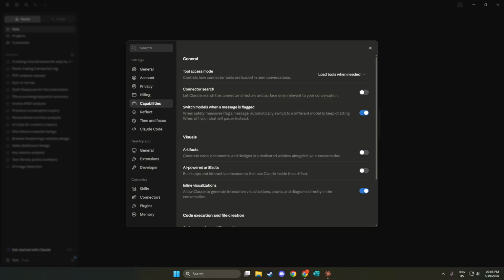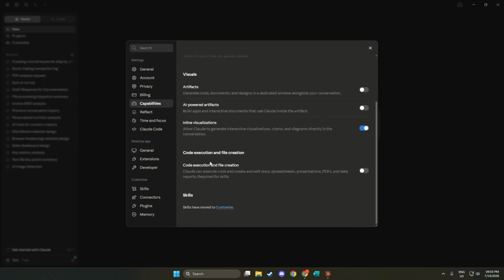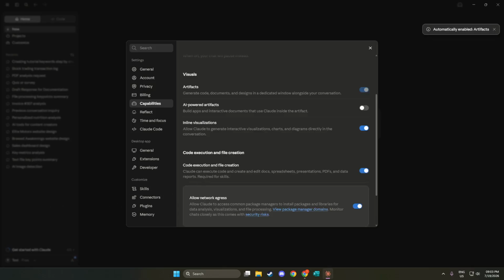Once you click on Capabilities, look for the options that will help you with your .xlsx files. Now you need to turn on code execution and file creation. Locate these toggles and switch them to the on position. This action is pivotal because enabling these features allows Claude to execute code and create files, which is necessary for